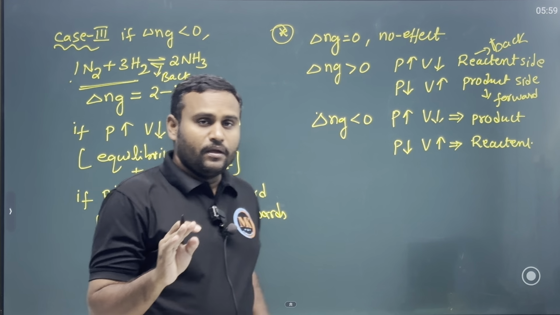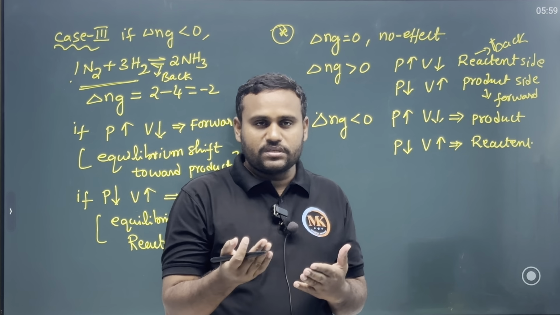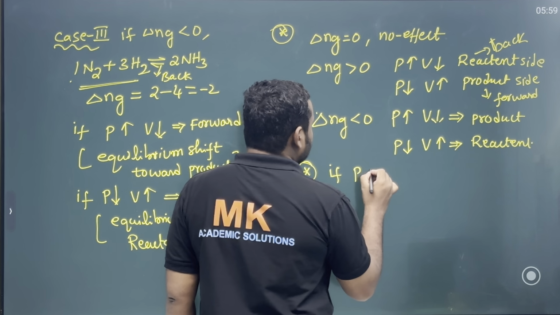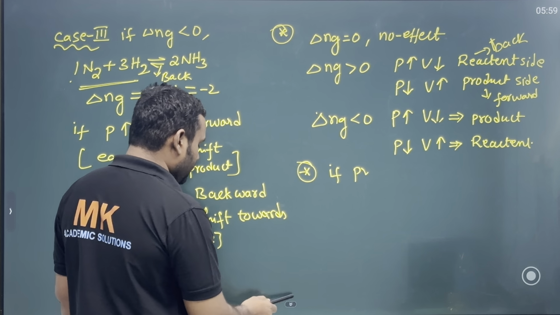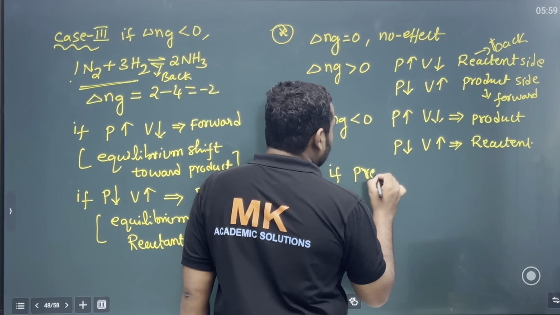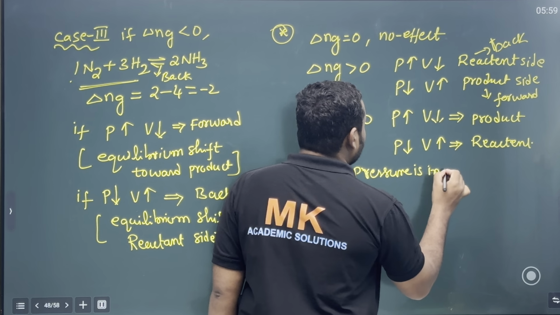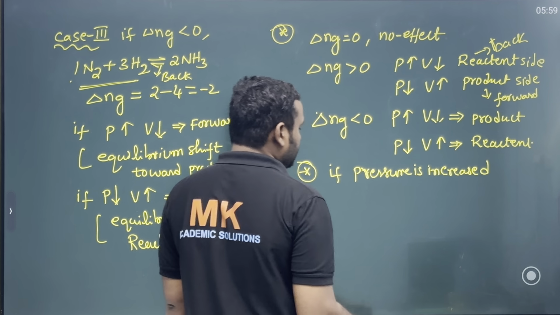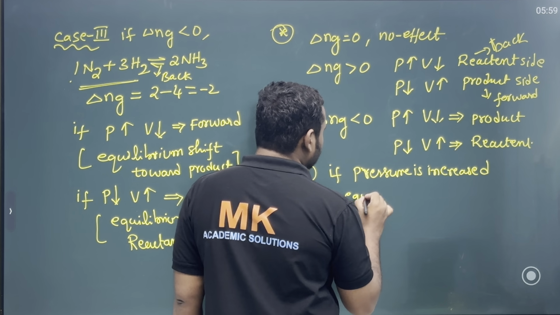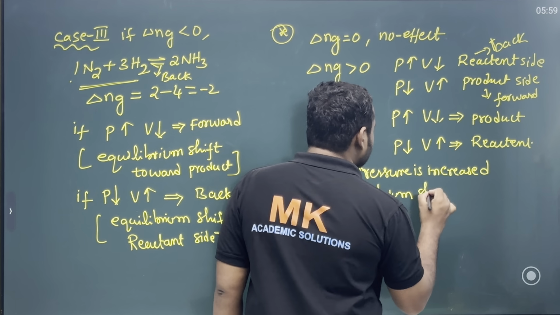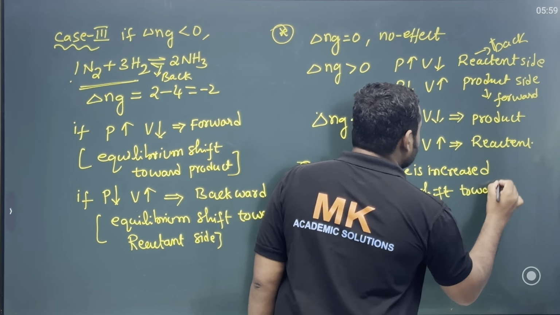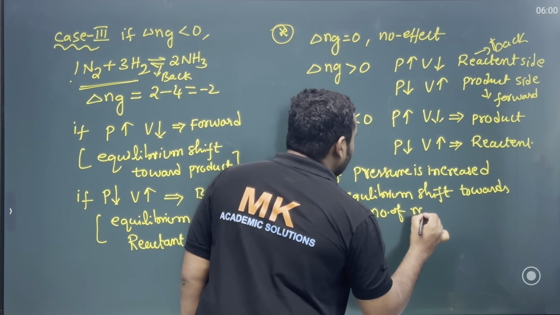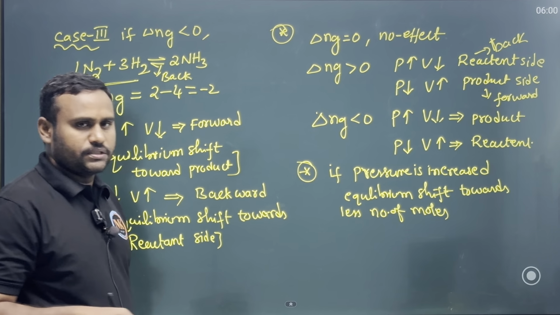Or simply you remember, children, if you increase the pressure, equilibrium shifts towards the less number of moles. So how can we remember the effect of pressure? Overall, I am going to give a conclusion here. If pressure is increased, equilibrium shifts towards the less number of moles, and whereas if pressure is decreased,